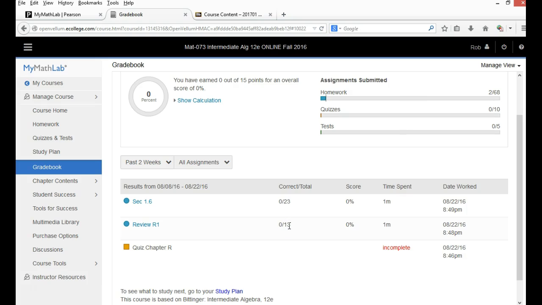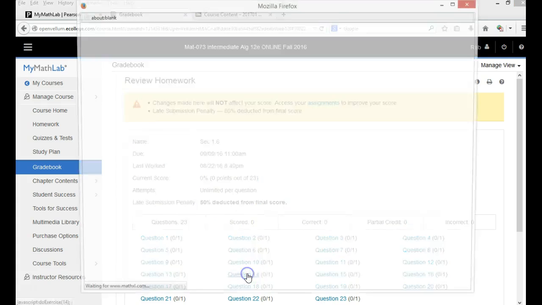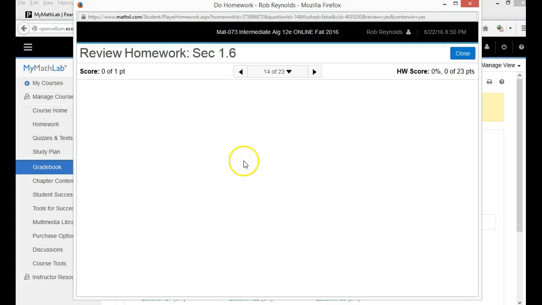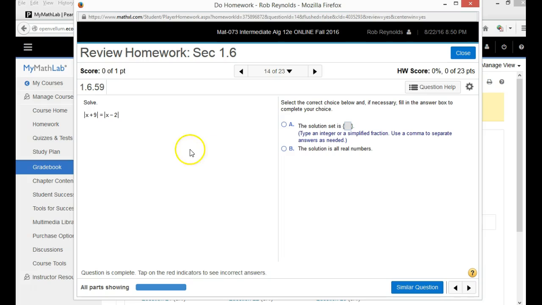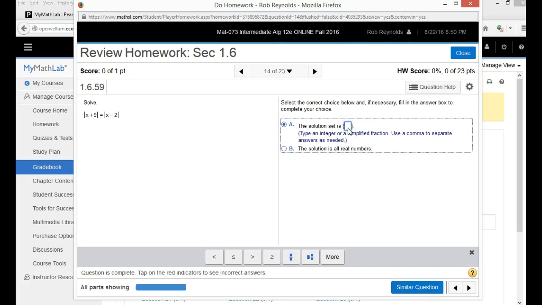But remember, I can go back and redo these assignments for 100% credit and continue to redo them as many times as I'd like. Let's suppose I'm within a problem. I'll show you how to redo these problems several times. Let's suppose this is multiple choice. This is really easy. But let's suppose I think that the answer is 5, and then